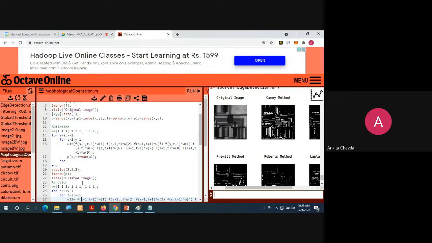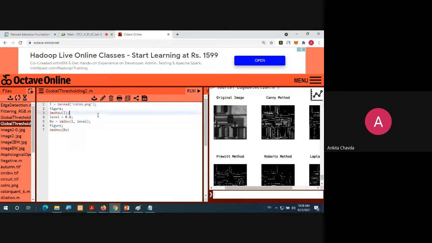So clear this thing. In global thresholding, or you can say the normal whatever we have done in our very first program, negative and contrast stretching and the thresholding, in that also I asked you which function is there to apply this thresholding.